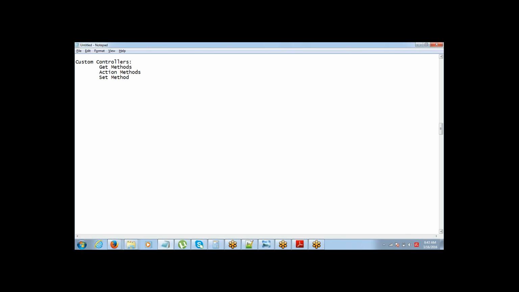Okay, event. See, get method also gets called on an event, and the event is the page load. Every time the page loads, right? Action method is something which will wait for the end user to call that method, right? Okay, so